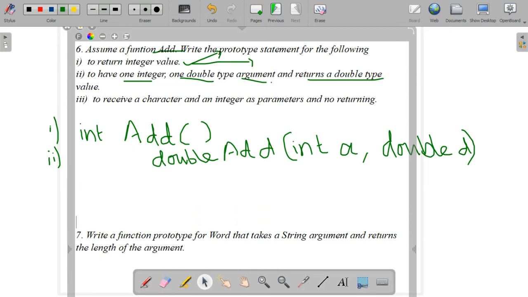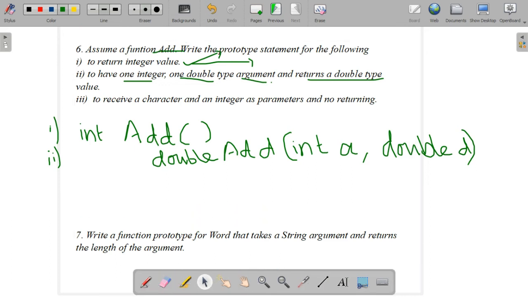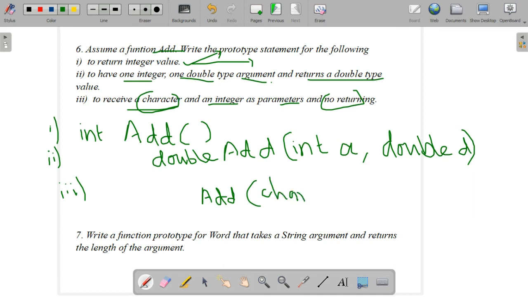The next one, the third statement, to receive a character and an integer as parameters and no returning. So we have the method name. The method name is add, and we need to receive a character data. First one is the character, so we will write character data type. char c, I am using as the variable name.